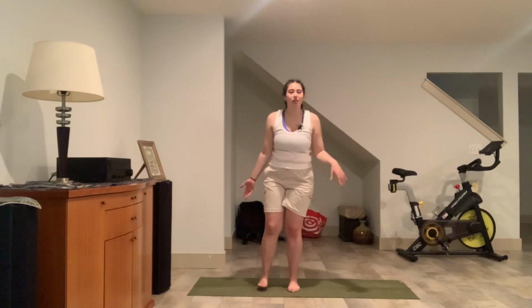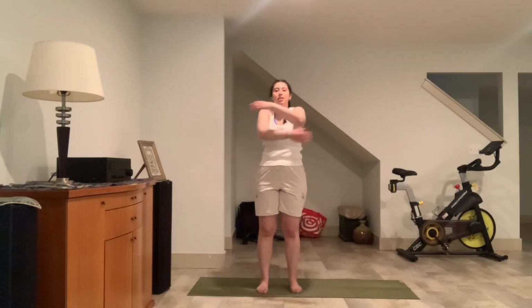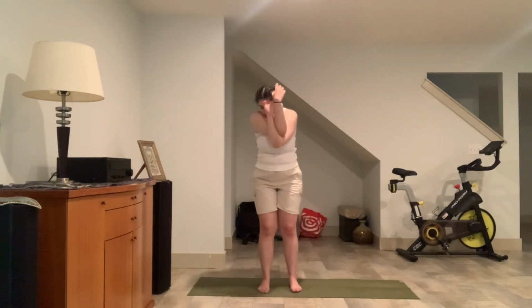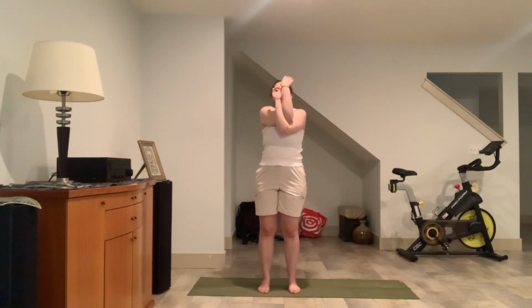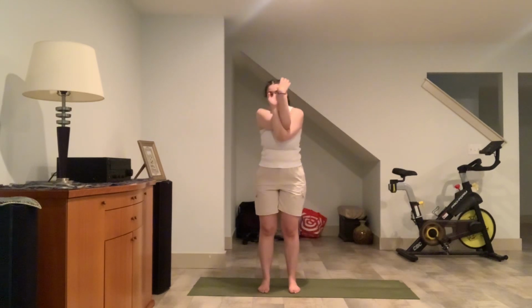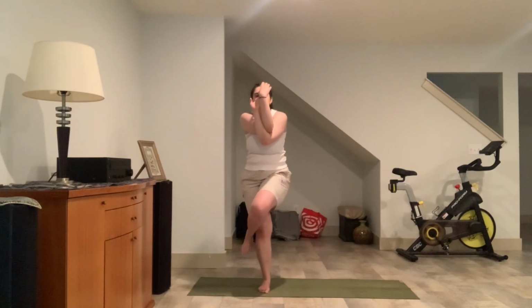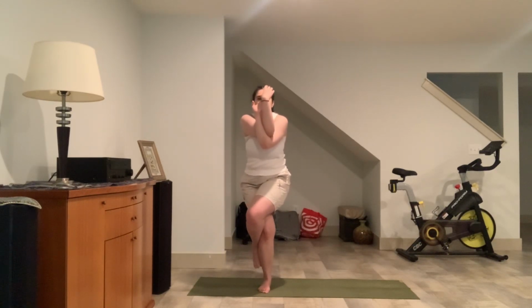Great job. So we're going to do the same thing on the other side. So alternating, giving yourself a hug. Nice. And then the next time that your left arm is under your right, wrap it up in eagle arms. Good job. Feet facing forward, slight bend of the knee, and you're going to bring your left leg over your